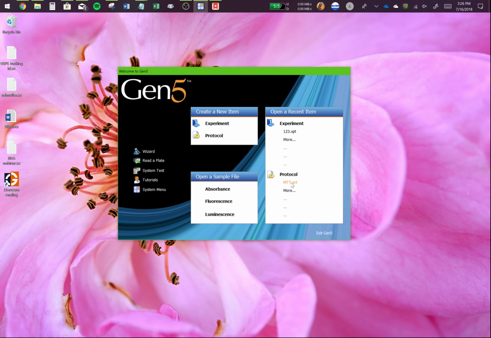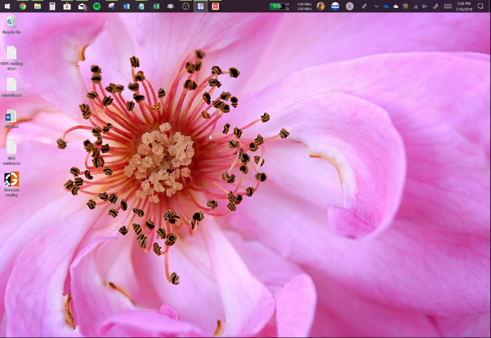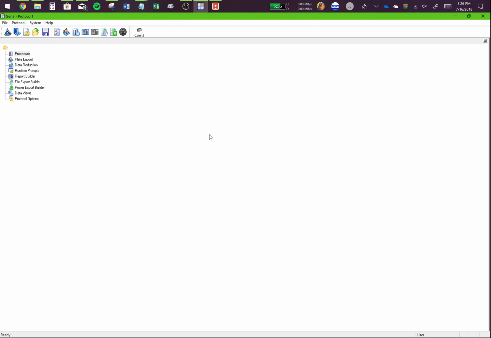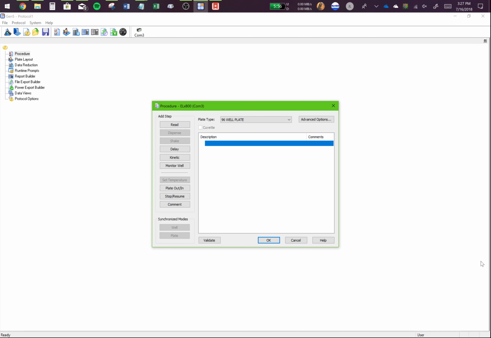If you can see here, some protocol files have already been made by somebody. So this is for MTT. Let's still go ahead and make a new protocol file for ELISA, let's say. So you click it here and then double click on procedure. After going to procedure, you'll click on read